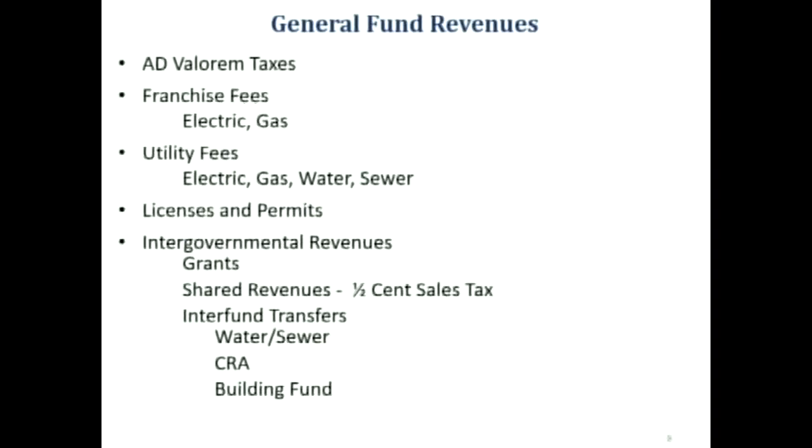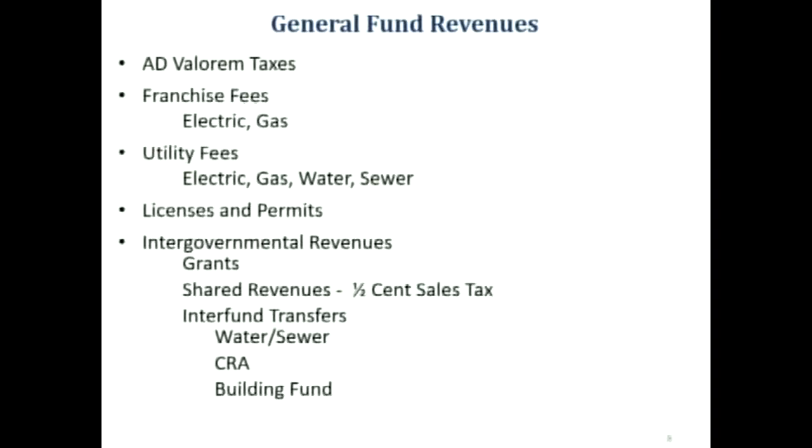The franchise fees are based on which franchise we get them from. Usually those are going to be about 6 to 7%. And the utility taxes are always 10%. So we receive those funds, and they can go into the general fund. Licenses and permits, so all of those other non-building permit related licenses and permits that we sell, funds go in there. Also, we have intergovernmental revenues that come from grants, shared revenues, the half-cent sales tax allocation that we get from the state through sales tax,